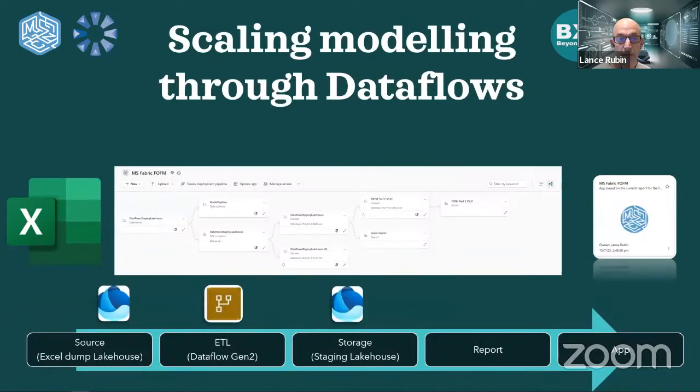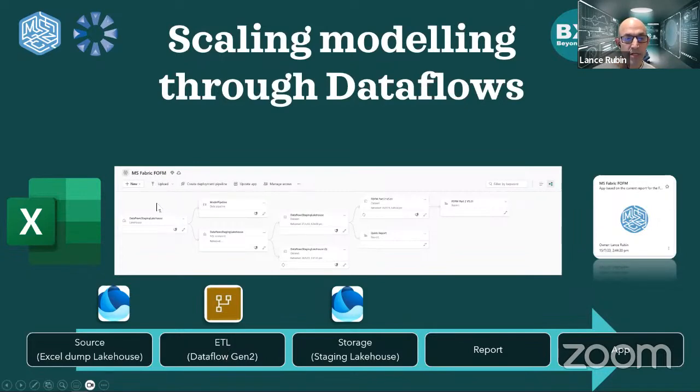The next approach, because there's many ways to get data at scale. First one was data marts. This next one is using the lakehouse and storage and data flows. So data flows, if you've never heard of it, data flow is an online Power Query. So there's Power Query in Excel, there's Power Query in Power BI, and then there's online Power Query, which is called data flows. And in this case, it's data flow Gen 2, it's the second generation.